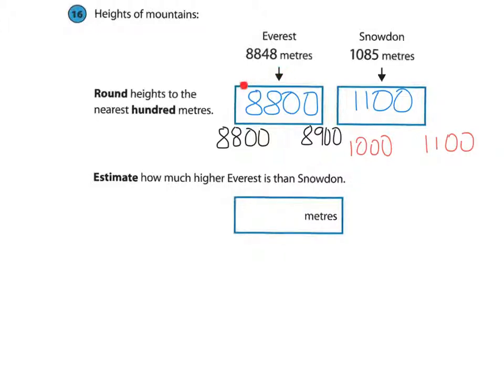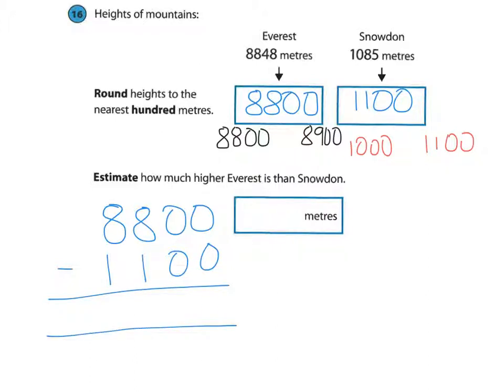The next part of the question asks us to estimate how much higher Everest is than Snowdon. So we're going to use the rounded figures, 8,800 and 1,100, to estimate how much higher Everest is than Snowdon. To find the difference, we're going to do a taken away calculation. 8,800, which is Everest's rounded height, take away 1,100